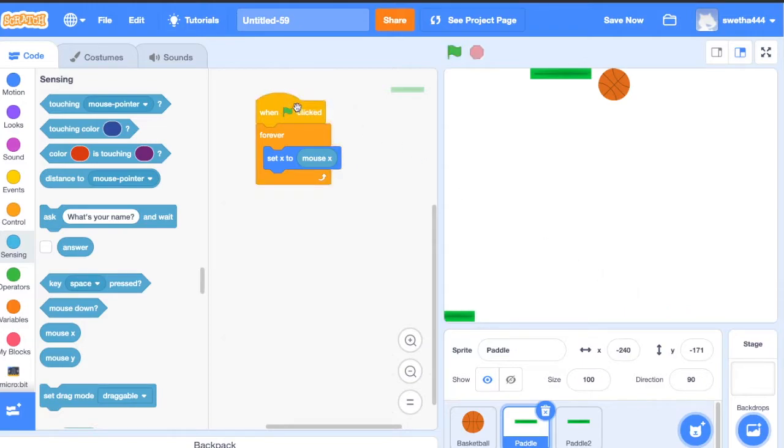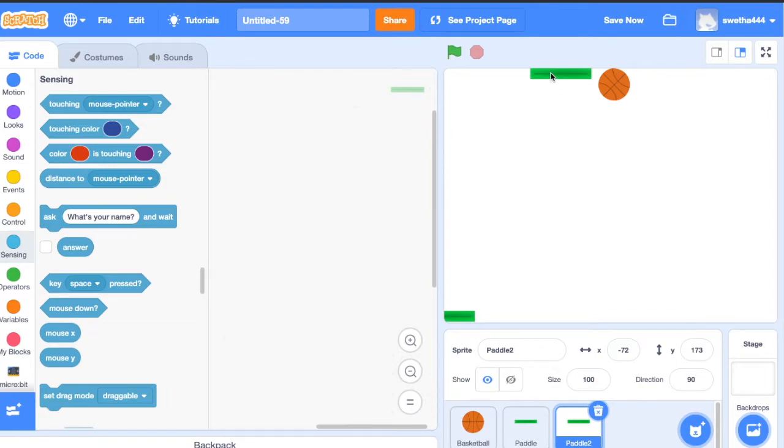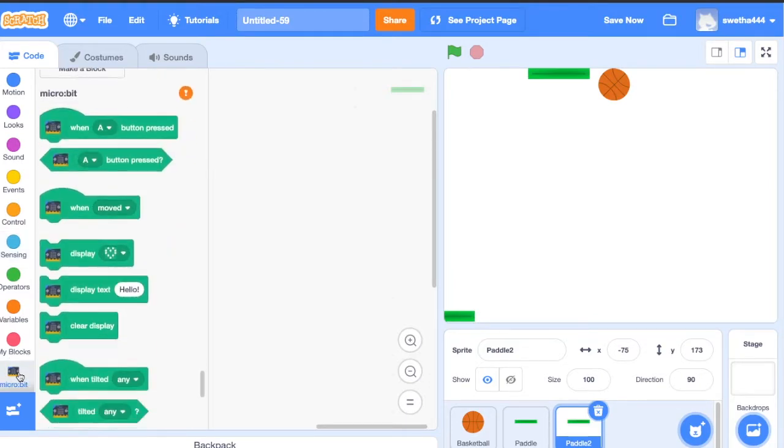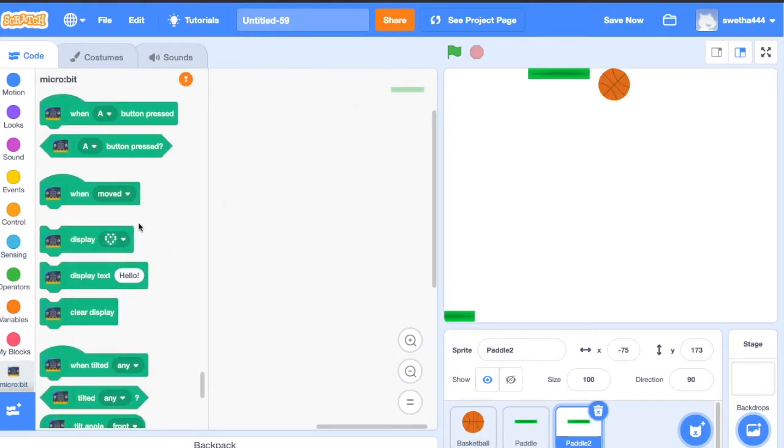Perfect. Now let's start coding for paddle 2, which is controlled by microbit. For this, click on microbit. In microbit, it has two buttons, A and B. When A button press, paddle has to move towards its left.